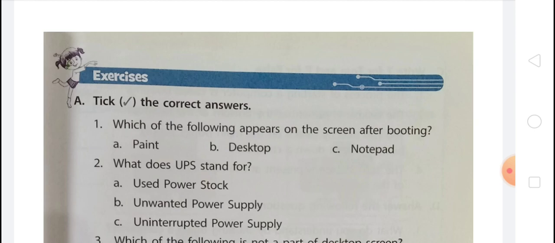Booting means the process of starting a computer is known as booting. That means when the process of starting a computer is done, which screen appears? After starting a computer, when it has been done, a screen appears on the monitor.